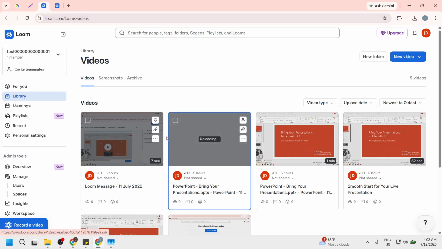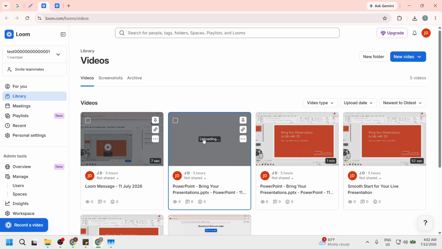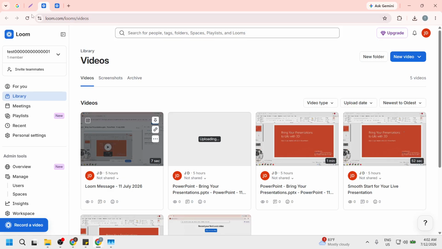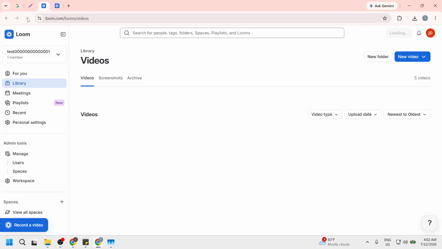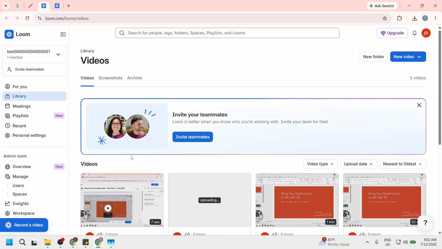This waiting period is crucial because Loom often processes longer videos for a while before allowing downloads. Refresh the browser window after the waiting period to check if the download button has become active. This step ensures that you are not wasting time trying to download a video that isn't ready yet, giving you a smoother experience. Alternatively, open your video page and go to Settings on the right side panel.